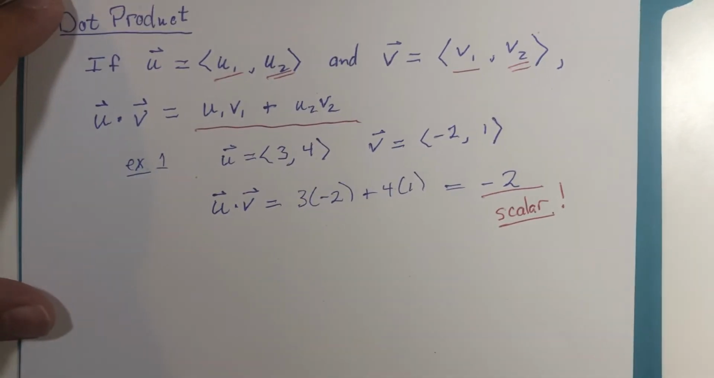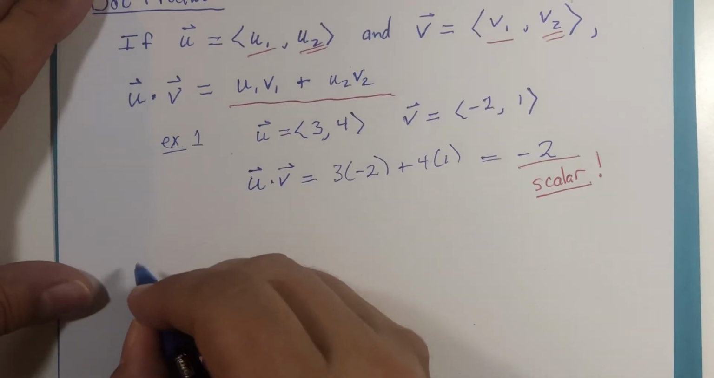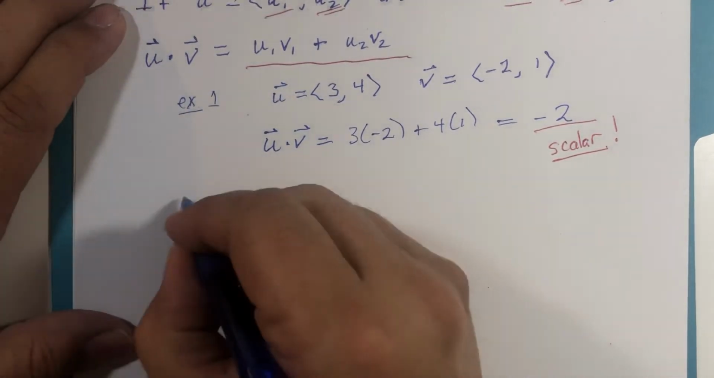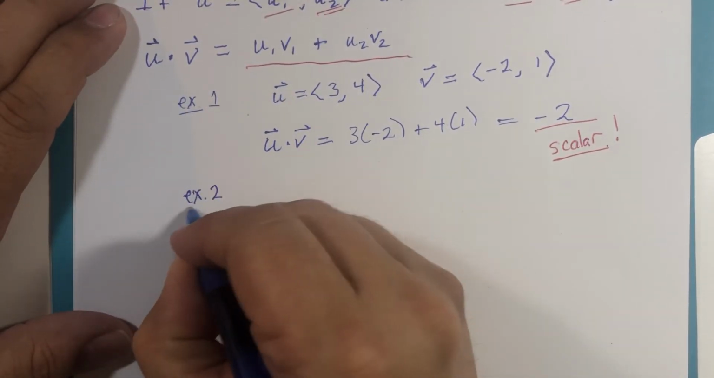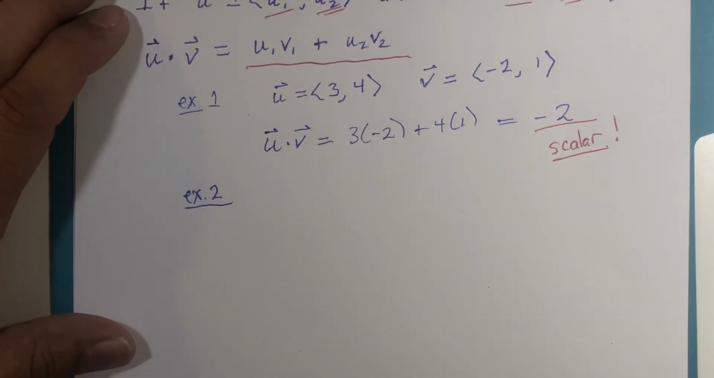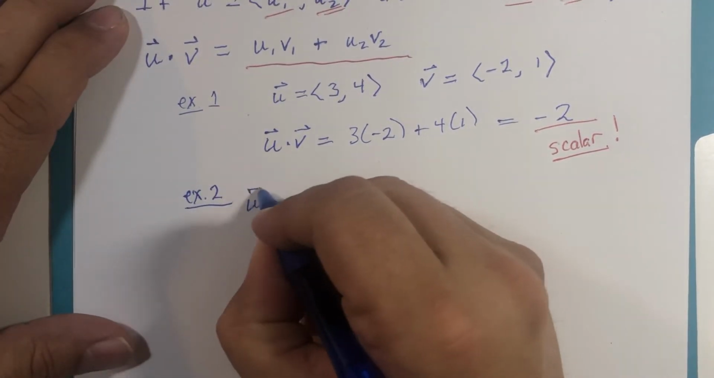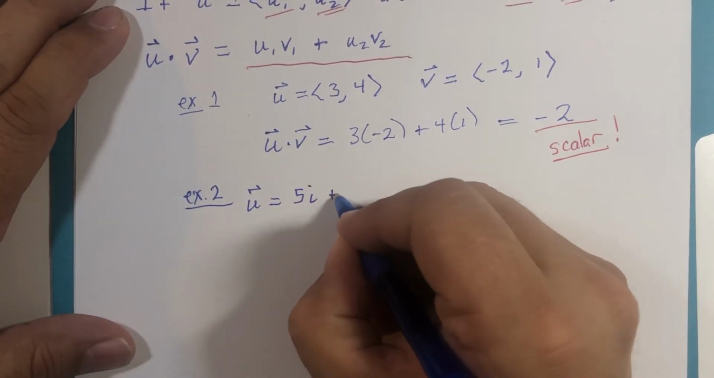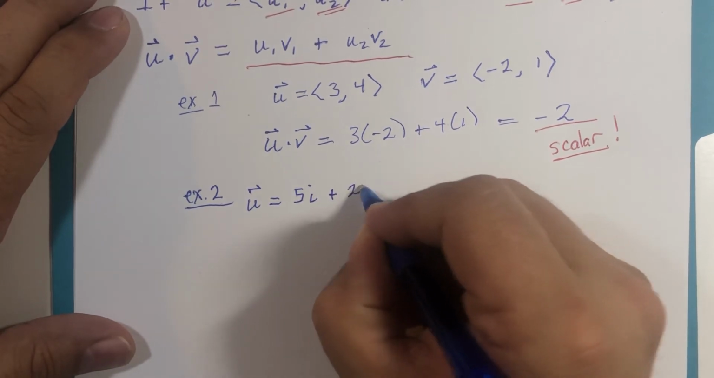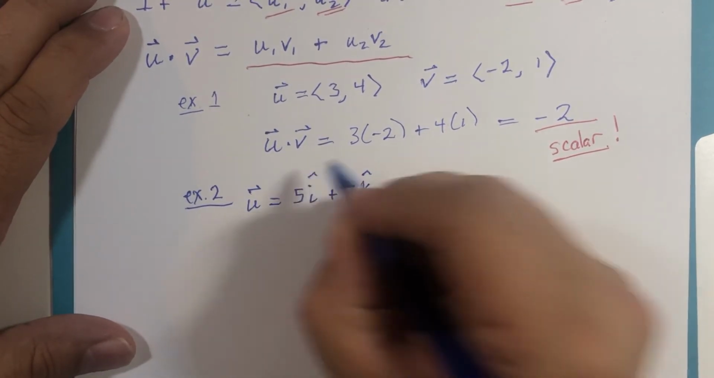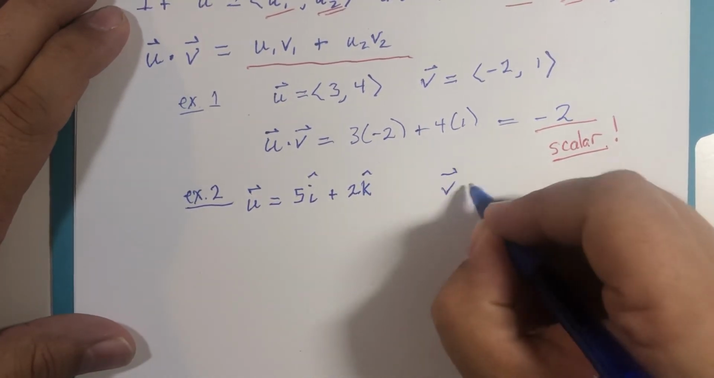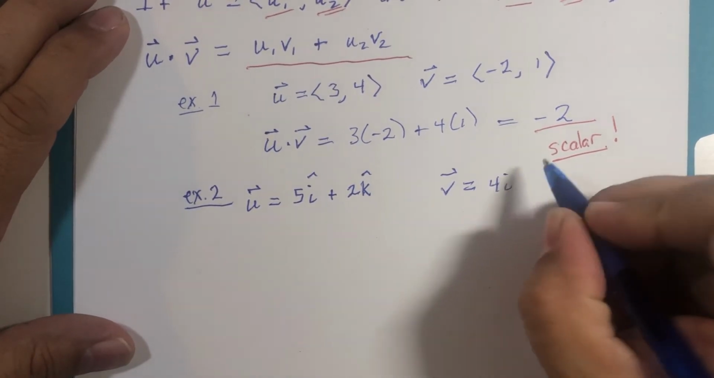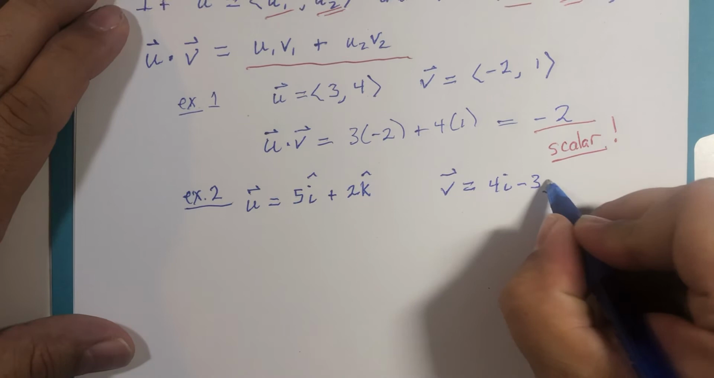Let's do one more calculation example. Example 2. So let vector u be 5i plus 2k, and vector v be equal to 4i minus 3j